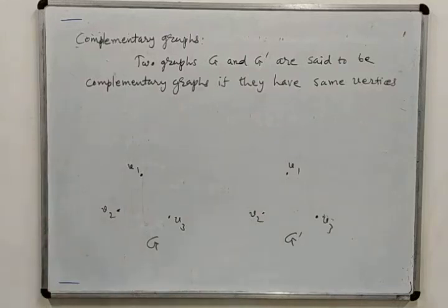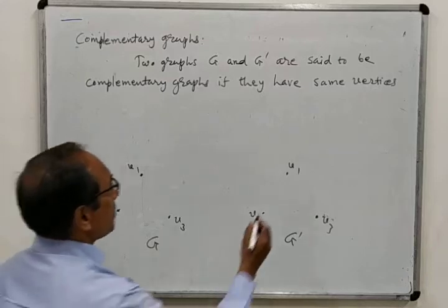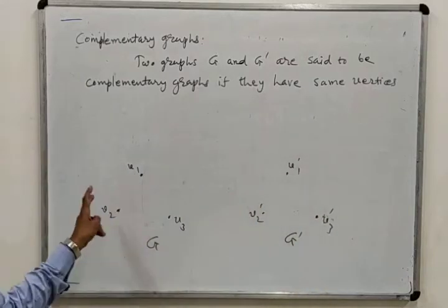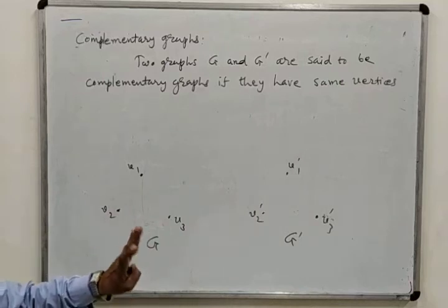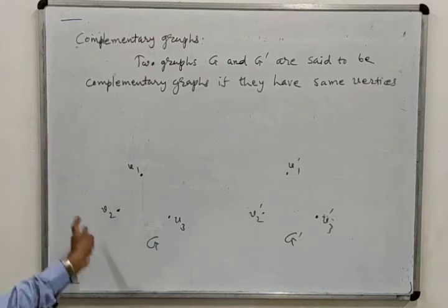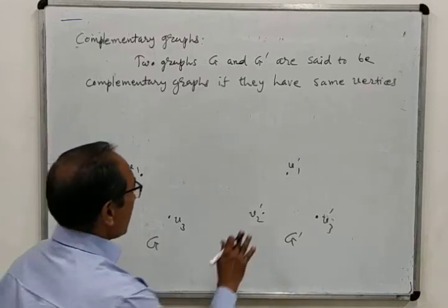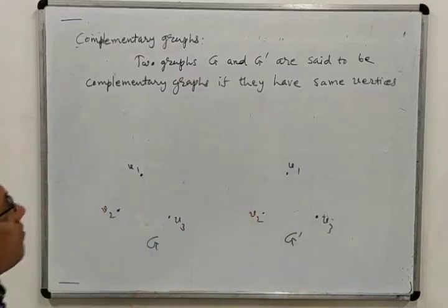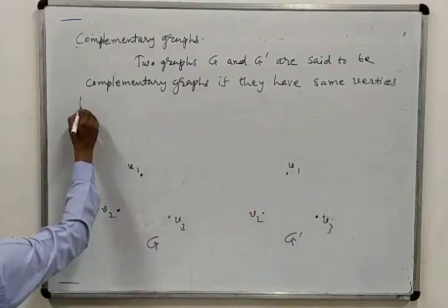Yes, the same number of vertices are there, but if you denote them by dash, then we say these are not the same vertices, though they have the same number of vertices. Okay, but here in our definition they have the same vertices, but